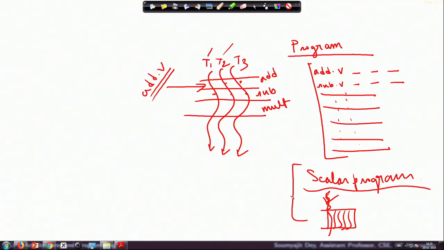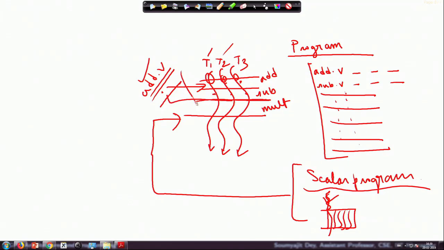We are going to generalize this concept, and we are starting to say that no, the entire program is like a vectorized operation. Just start looking at it in a way that with each operation you have a set of threads that are making progress. Then I can say that I have a sequence of this kind of instructions, a single instruction which is operating on multiple threads. Once that is done, again I have another such instruction which will again operate on multiple threads, and that is how the computation progresses.